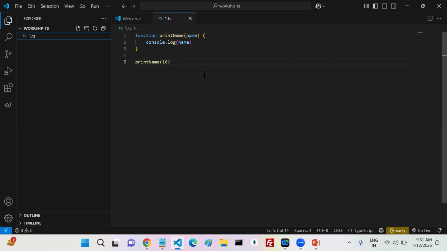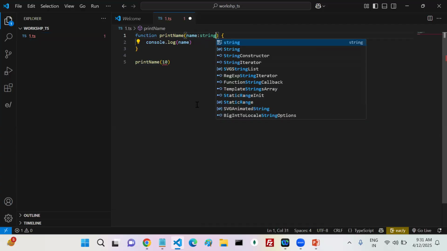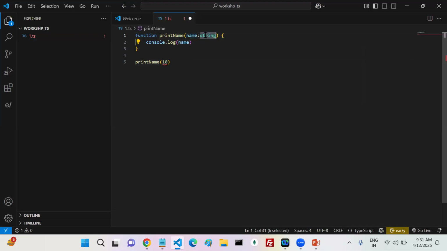Wherever the variables hold the data or refer to some data, that particular variable should be mentioned with some type. So here name is holding something like 10. So you should mention some type. Can I mention that type here? What is the type I mentioned? String type, or not? Whenever I mention the string type, here there is no need. Why? Did you observe? Wherever the variable holds the data or refers to the data, there only you can mention it. No need to mention it everywhere. Here it is holding the data. Here you are just printing the data. So wherever you are holding the data, there you can mention it.